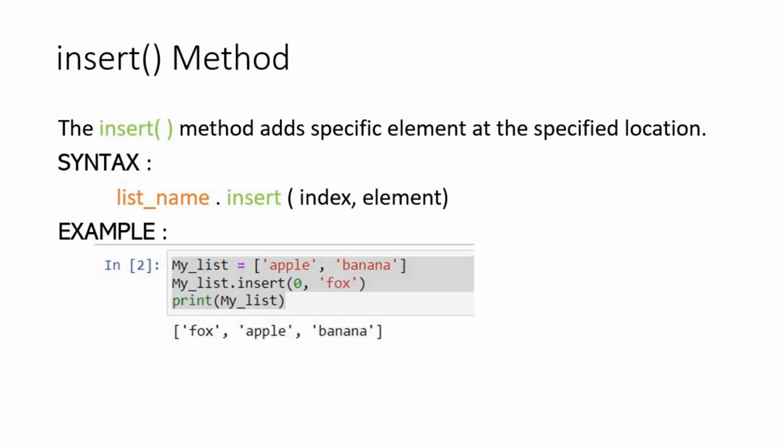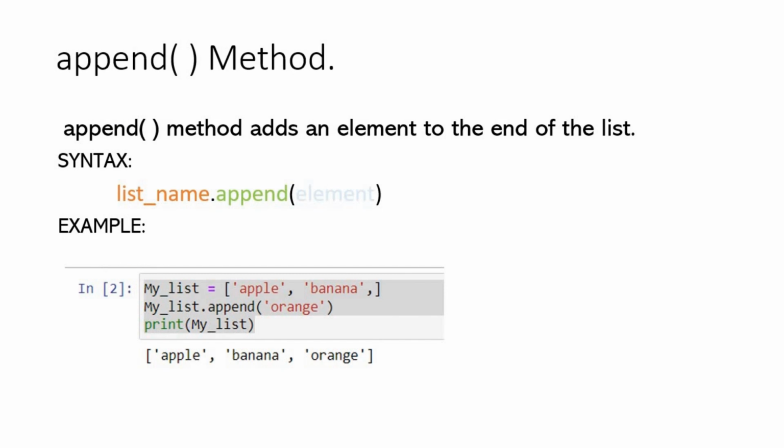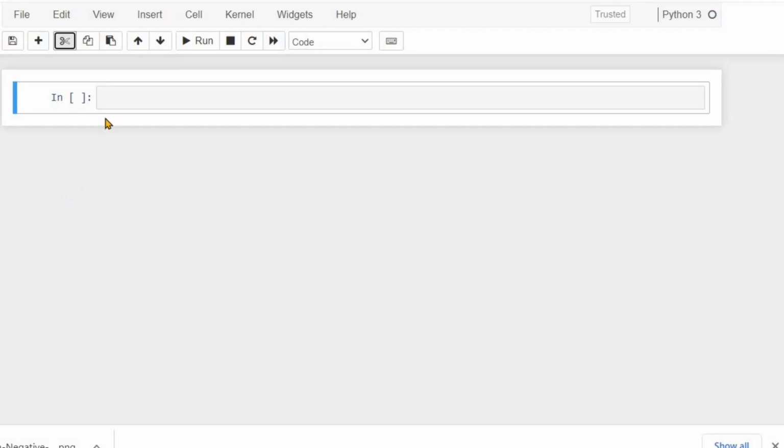Now like the pop method we also have an insert method. One of the limitations of the append method was that it always includes the element at the last position of our list. But suppose we want to include an element and also specify at which index we want to include it. For example, let's say we have a list named fruit again, and it is storing different fruit, let's say apple, banana and orange.